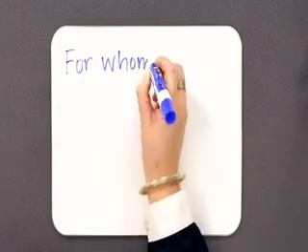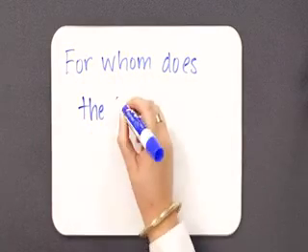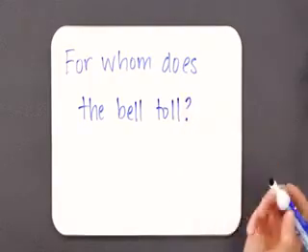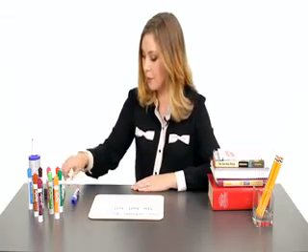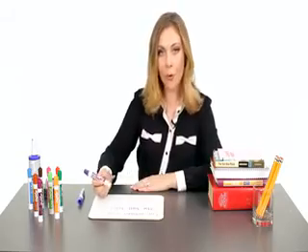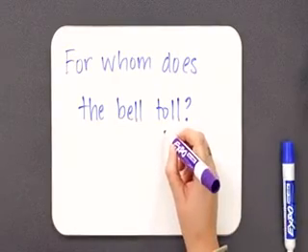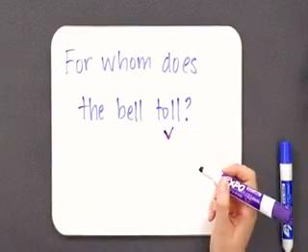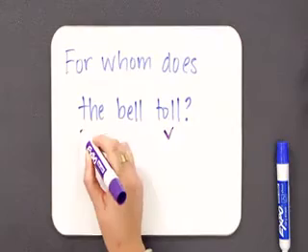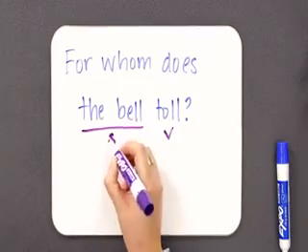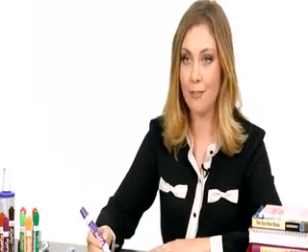Well, here's a famous example. Let's look at the sentence, "For whom does the bell toll?" To figure out which is the subject and which is the object, I suggest starting with the verb first. So here, our verb is the word toll, because that's the action. So then, who or what is our actor, or the subject? Well, that would be the bell. So now we've got our subject and our verb.